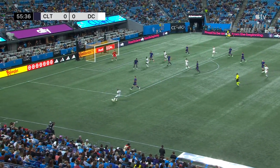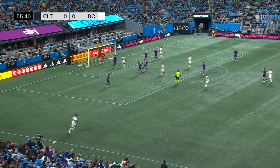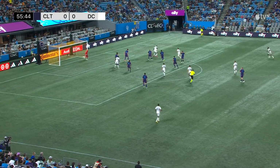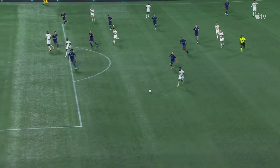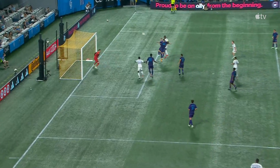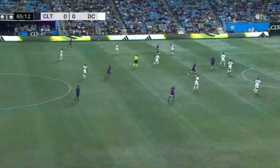DC now still with the ball where they want it. Put across, headed off the crossbar. Kalina may have gotten a piece of it as well. Still alive. Benteke has it in the box. Want to get a hold of this game possession-wise, and you'll be completely upset that you didn't take your chances in the first 45 because DC United always has this threat. Look at Benteke just rise above. We've seen him do this time and